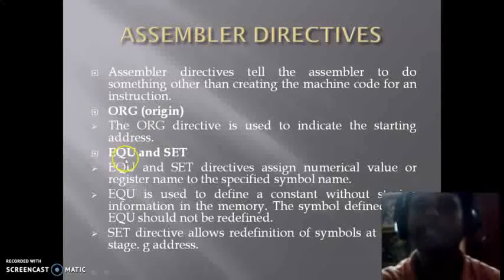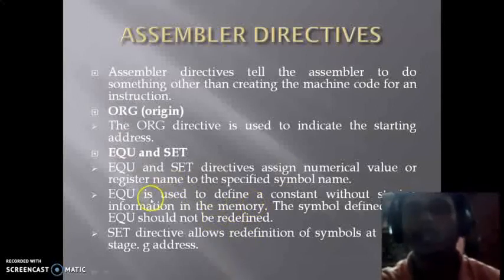Now next are EQU and SET. The EQU and SET directives assign a numerical value or register name to the specified symbol name. EQU is used to define a constant without storing information in memory.